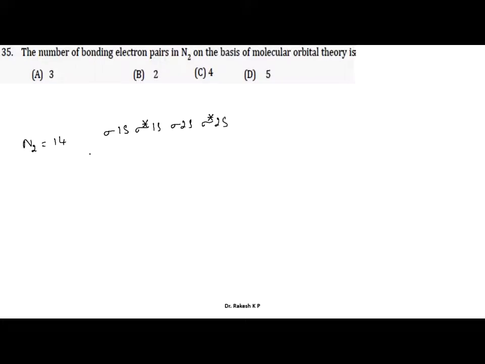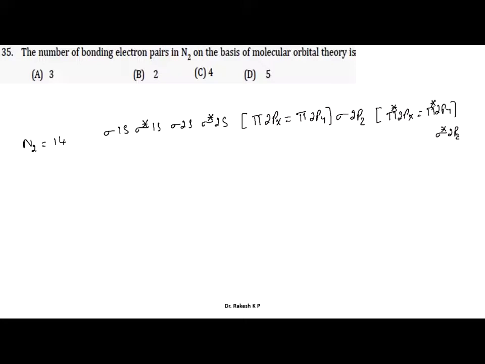But see this one, if the total number of electrons is 14 or less than 14, we have to follow this order. That means here we are having pi 2px, which is having the same energy. Next comes the pi 2py, and later on here we can identify the sigma 2pz, where the z is the internuclear axis, and then later on we are having the antibonding. There's a pi star 2px, and again we are having a pi star 2py, and finally we are having the sigma star 2pz.